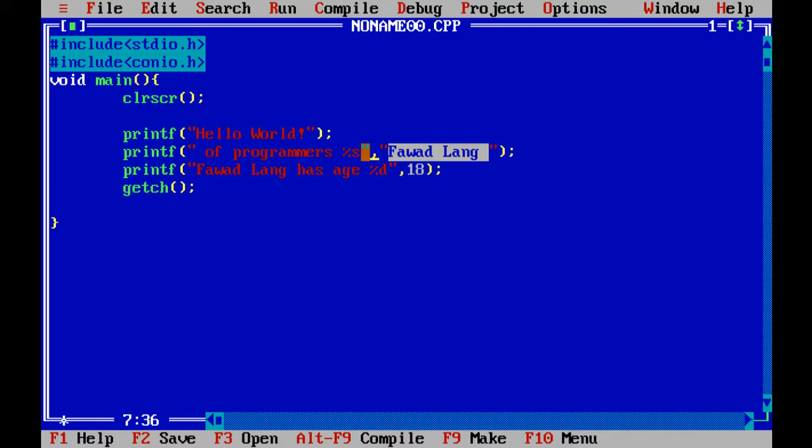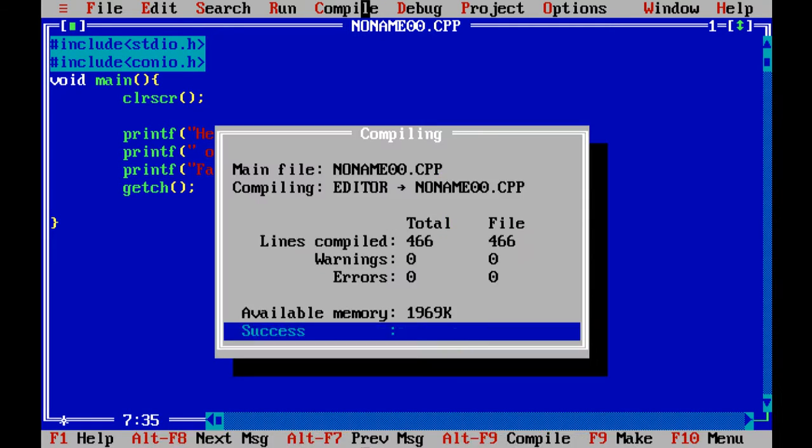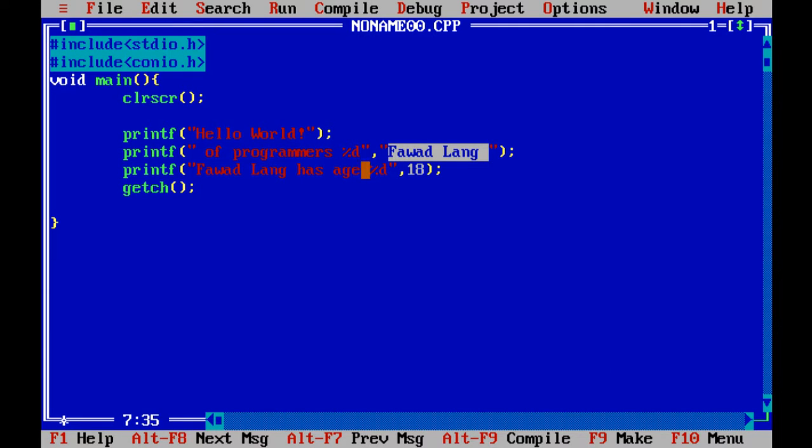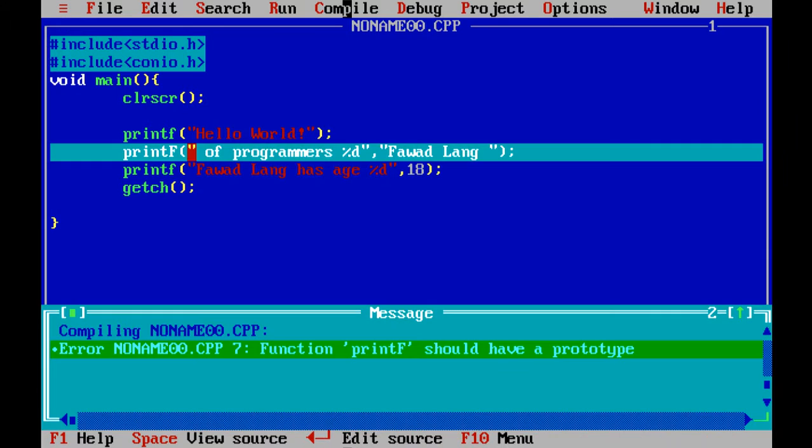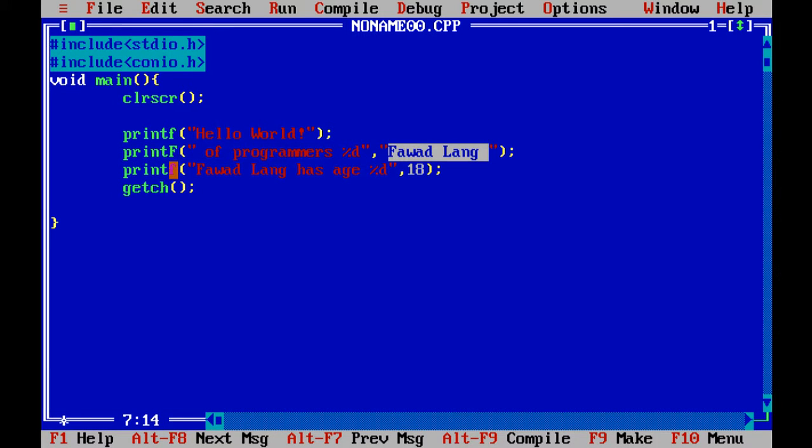we have to write percentage s. In case I write percentage d here and compile it, it compiles successfully, because this is not a syntax error. Writing a function with the wrong spelling, a spelling mistake, is a syntax error. A compiler can only detect syntax errors, so you have to be very careful about it.